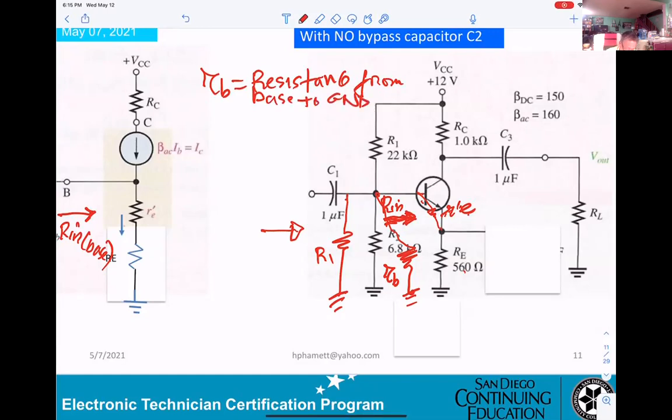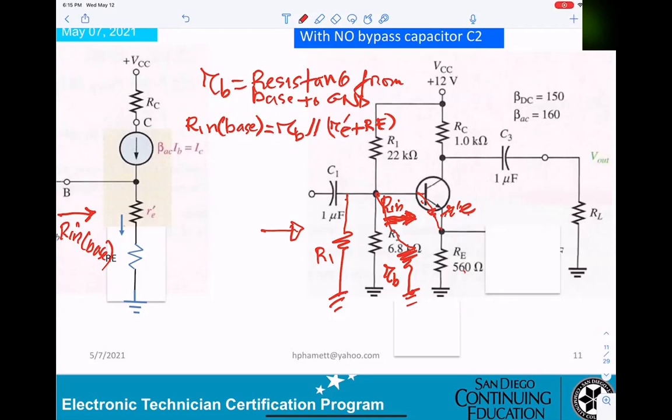And now if you want to calculate the R in base, that means every resistor at the base, they will be RB in parallel with R prime E plus R big E. You get that? Okay, so R in base equal